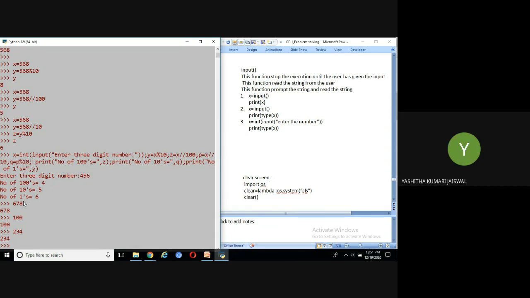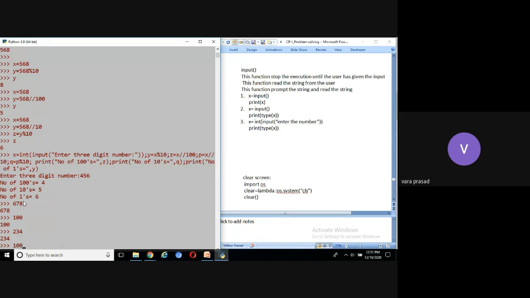You can change the numbers at the ones and hundreds position, because the number at the tens position will remain the same. You can use the same logic, but while displaying, change the order. Am I correct or not? Yes, sir. Instead of writing hundreds first, you put ones first. First ones, then tens, then hundreds.